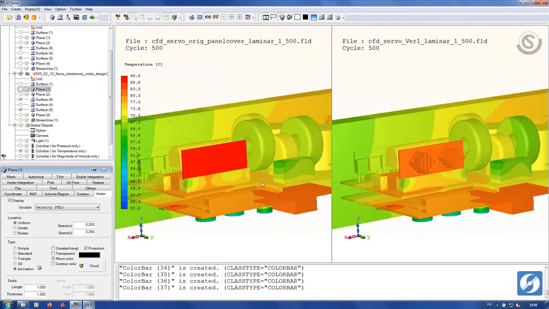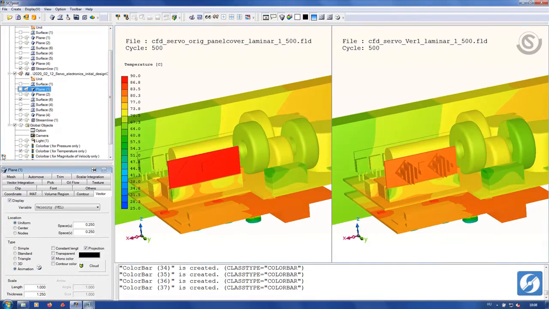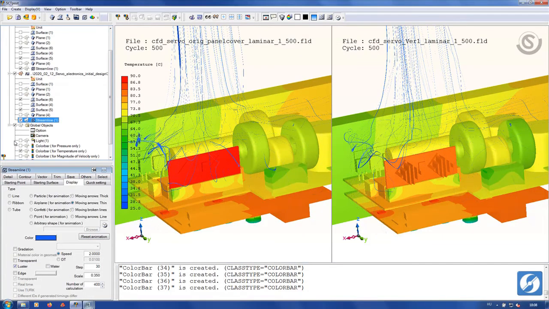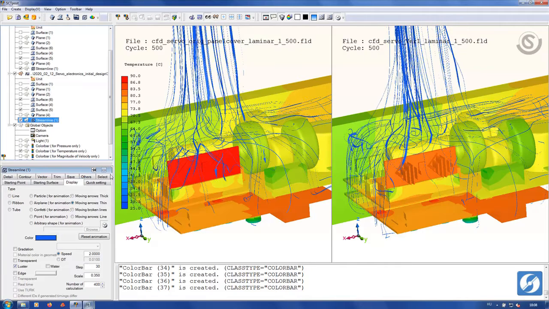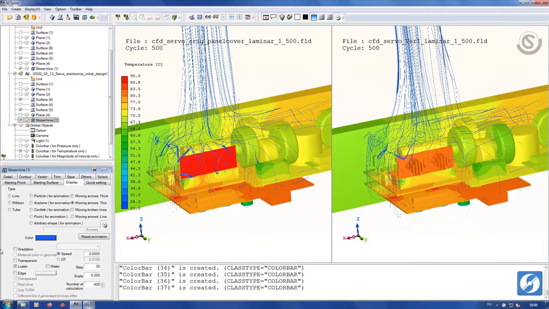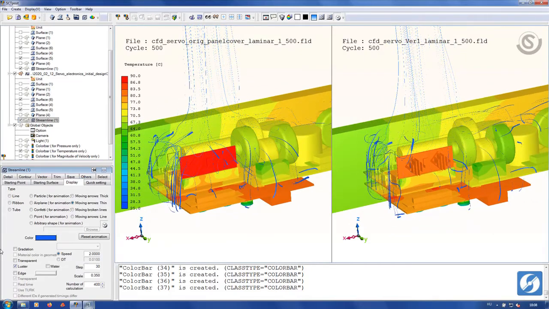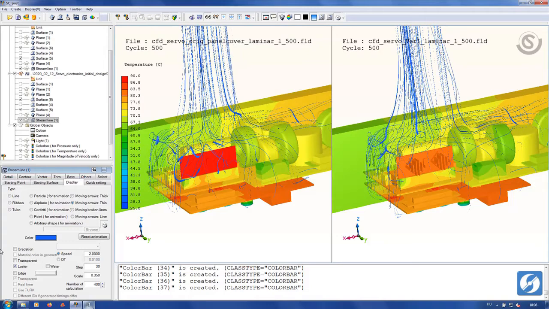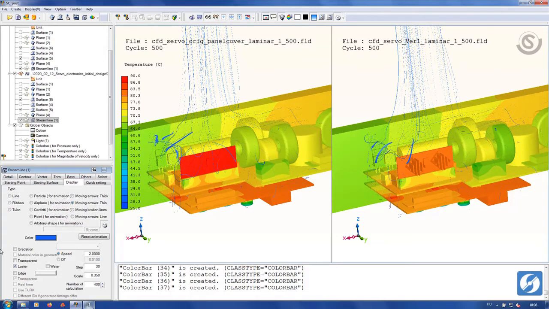This design change would be just the first step in a real-life product development process. Also, without thermal simulation, this design change would have been built and tested. Both would have taken several days and the problem would still be there.